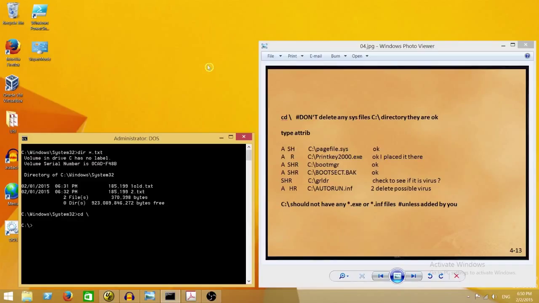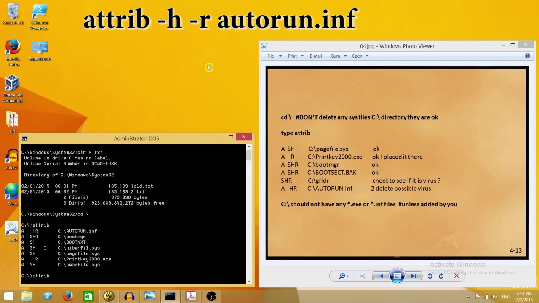and type attributes. We shouldn't have any executable files in here. I have print key executable, which is okay. The auto run, that should be deleted. Attrib -h